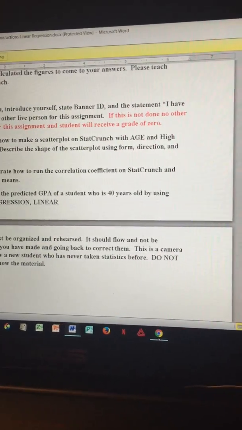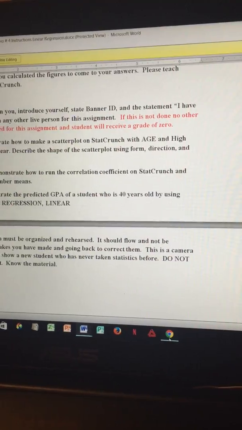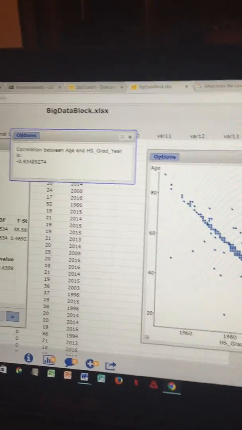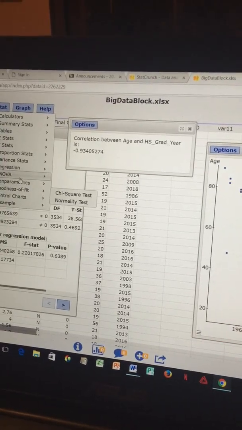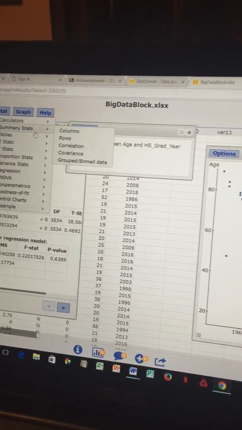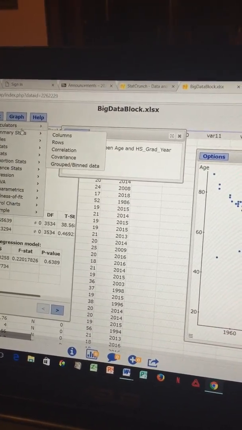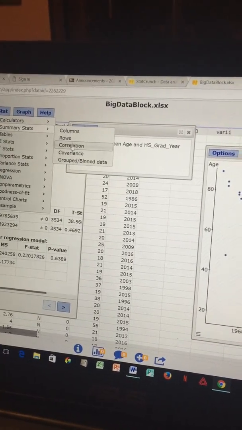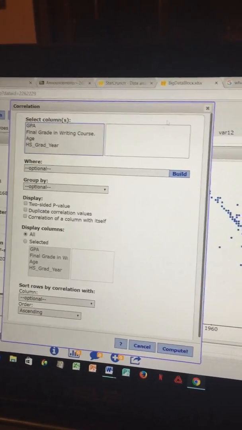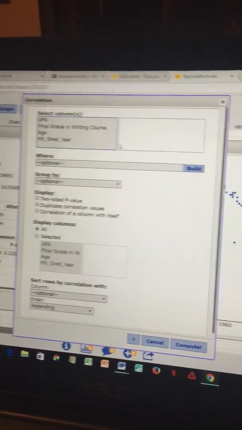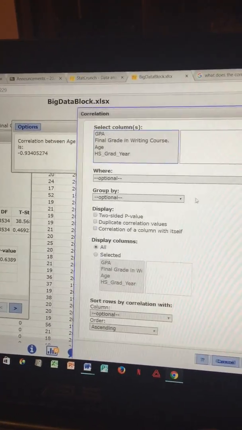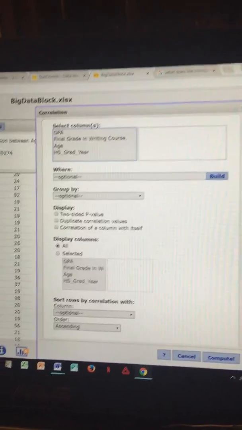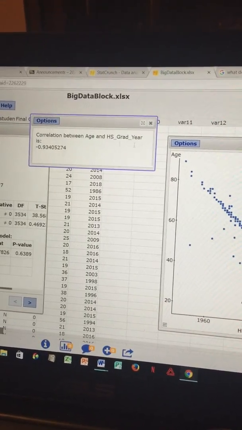Demonstrate how to run the correlation coefficient on StatCrunch and what that number means. Okay, so all I did here was stat, and then summary of stats, correlation, right? And then I clicked on what I needed, which was age and grad year. Okay, so I clicked those two variables, and I got negative